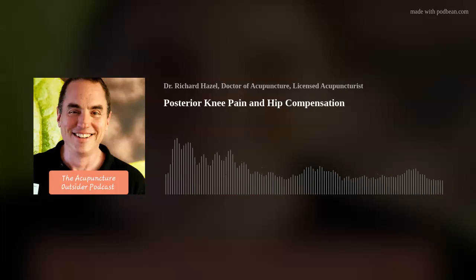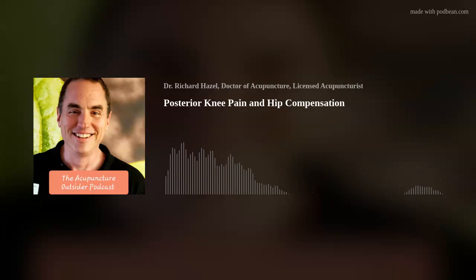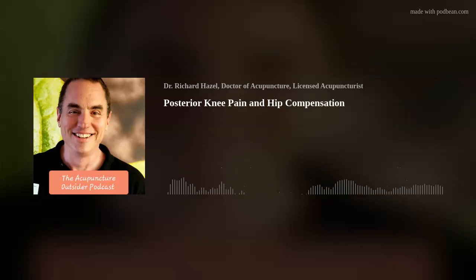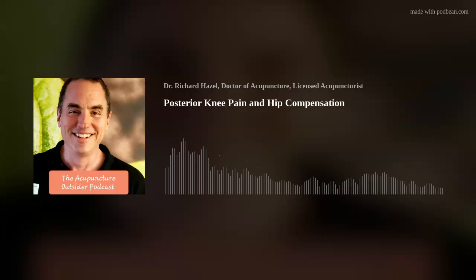And then I put another needle next to it, very close to the middle of the whole popliteal fossa, probably what would be close to a bladder 40, but not deep, because again, if you go deep, you're going to hit the tibial nerve. And I didn't want to do that. I wanted to put some electric stim on the muscle, loosen it up, and that's it.